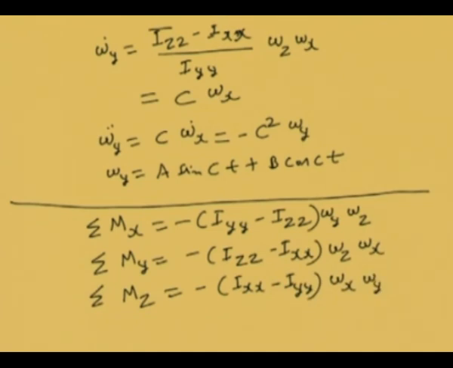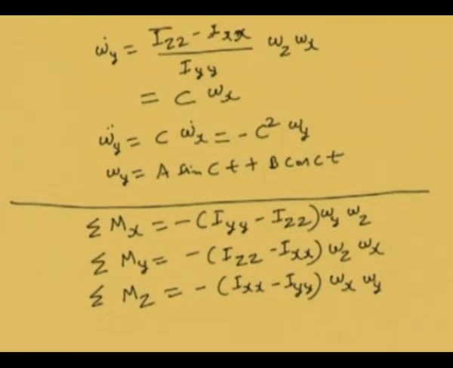In case Ixx is equal to Iyy is equal to Izz, of course the torques will be 0. But if Iyy and Izz are different, then even if the angular velocity is constant, there is a torque acting. This is the point I want to emphasize: even if you have a constant angular velocity, it is possible to have moments. That means there can be moments and still the angular velocity can be constant. That's what we get from the Euler equations.